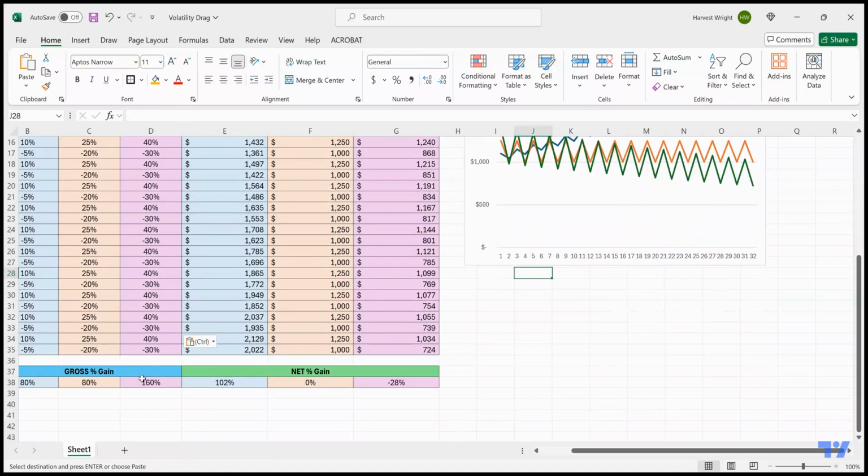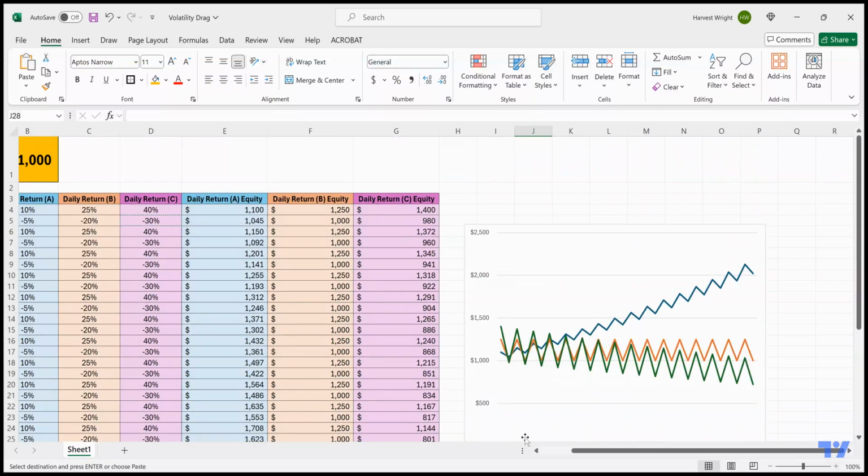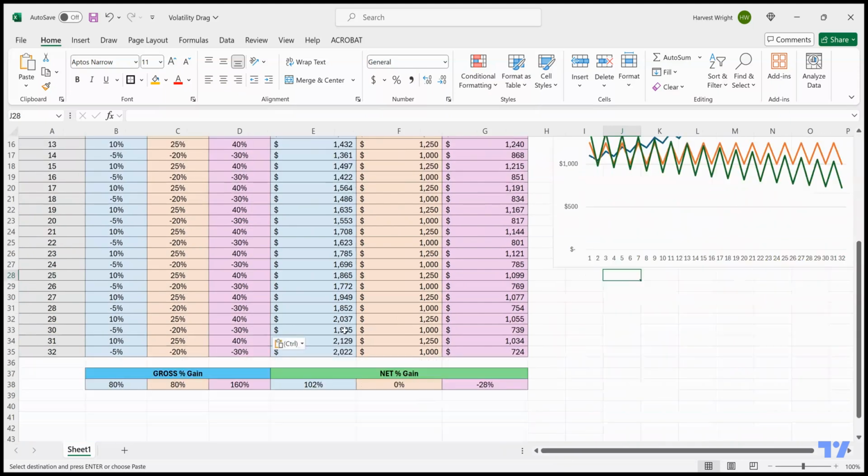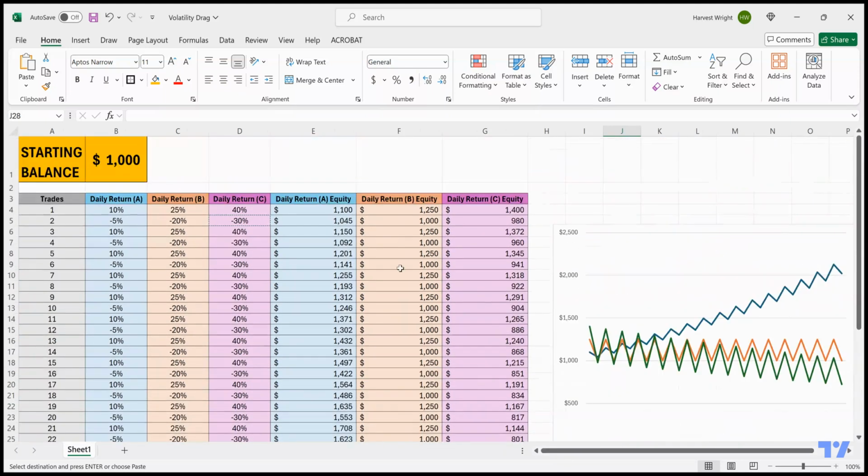So trader C has a gross gain of 160%, but he's still down 28% of his account. So he only has $724 from the $1,000 that he started with. Even though he gained 160%, he's down on his account. All right, so